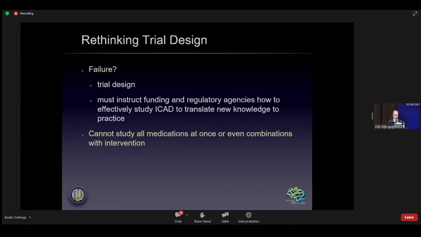So there's been a lot of discussion about this, building upon this idea of failure and failure perhaps of studies, which I'll address in a moment from our very recent data. We do need to rethink trial design because, as I've said for a long time, the only people that have failed have been us as trialists. We take great pride in calling ourselves trialists, but we're responsible for the trial design. And when something fails, perhaps we should be to blame because we haven't designed the trials appropriately to demonstrate what we need to show. Now, it is difficult. It's not easy to study everything at once, and we have to think about how we do that.